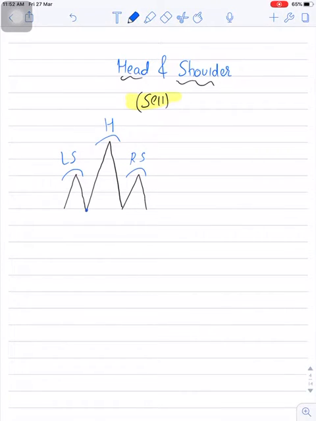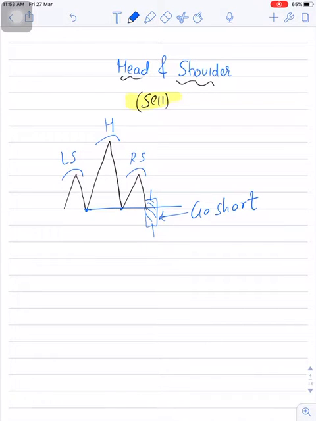Low of left shoulder, low of head. You have to connect these 2 points. If you get a support line, this is known as neckline. Now after forming the right shoulder, price should break this neckline with a bearish candle. Then only we will say that the pattern is completed. So we can go short once the neckline is broken.